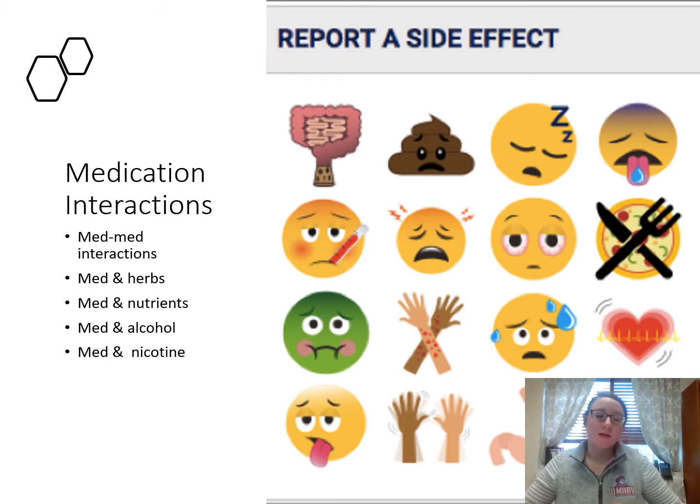So we know that ginkgo, ginger, and what's the other one? I can't remember. But ginkgo biloba and ginger, those are going to have some major effects on our, not major, but potentially major if we're taking Coumadin at the same time. It's going to increase the toxicity and increase the effects of Coumadin.